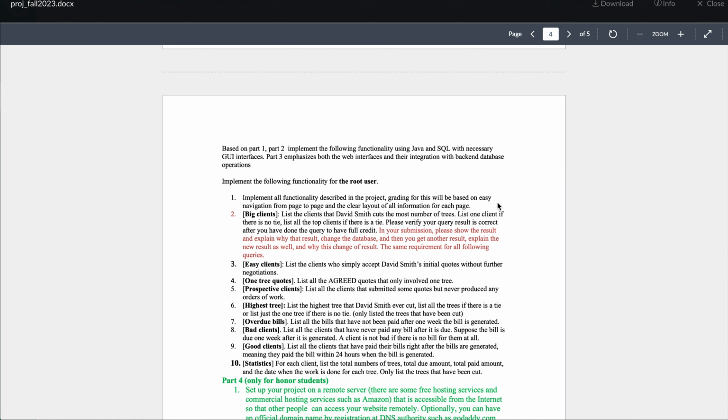Side note, I will say Mario did code this a lot in the Windows OS system while I am on the Mac OS. The Mac OS has been having a lot of issues recently with SQL. For some reason, it's not compatible. It's been having a lot of compatibility issues. So I do apologize if I do run into a lot of glitches or a lot of bugs. That is due to the OS system for Mac not being compatible, but this code does run